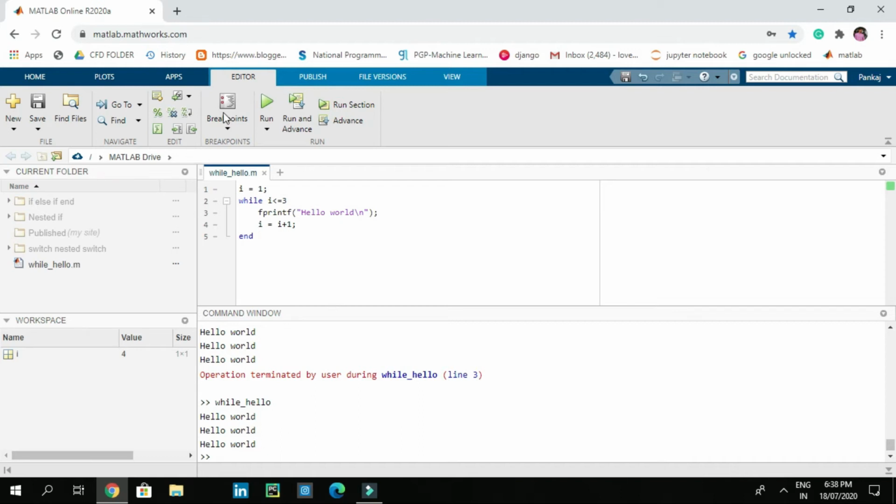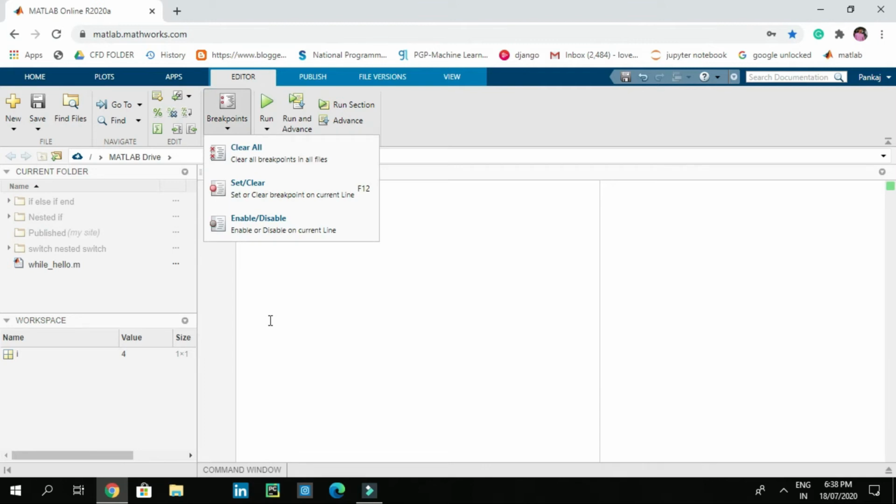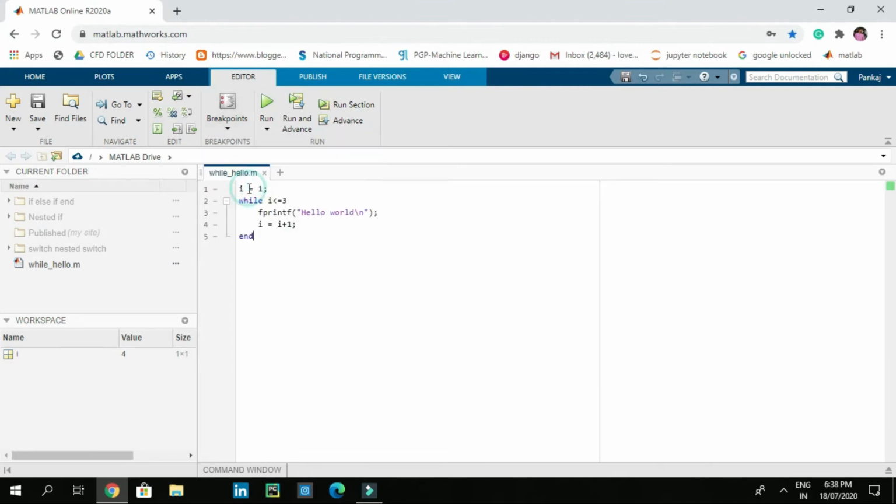So now let's visualize this code using breakpoints. Let's click on the breakpoint option, so we get some options, then click on set or clear and let's set the breakpoint. It shows some points in red color, so let's click on the red point at the while statement on the second line.